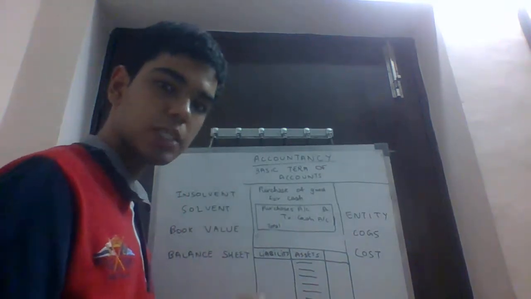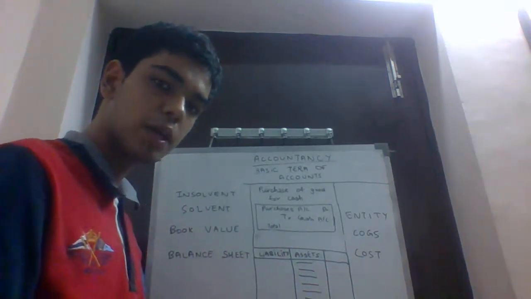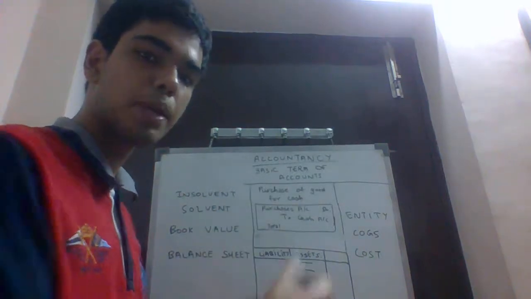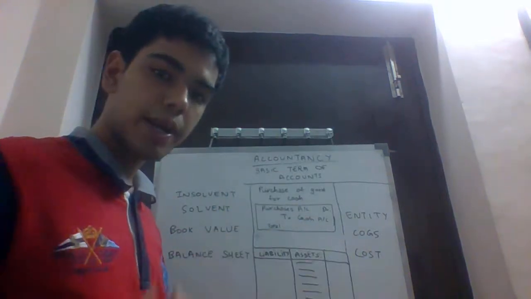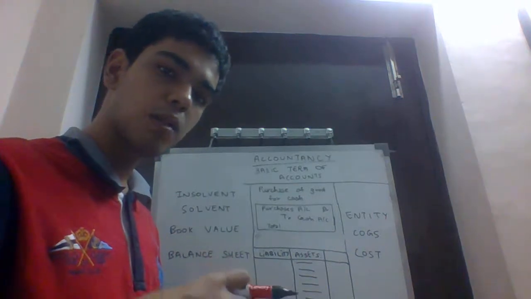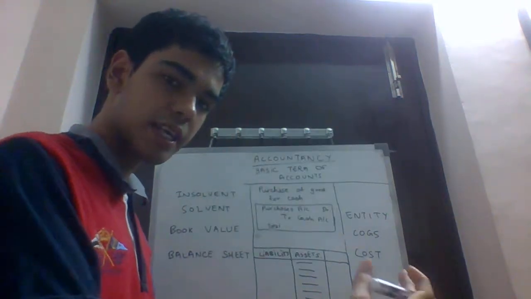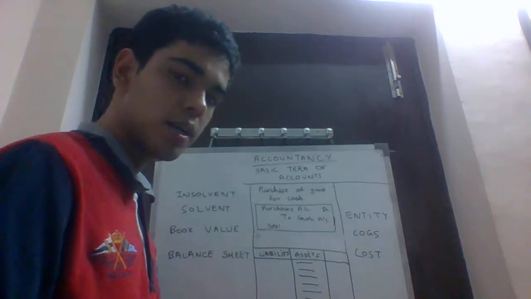And also some expenses, the benefit of which will be accrued in the next accounting period, like prepaid expense: the expense which you have incurred right now, the benefit of which you will be receiving in the next accounting period. For example,